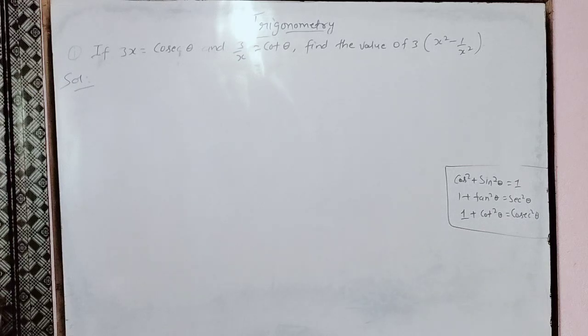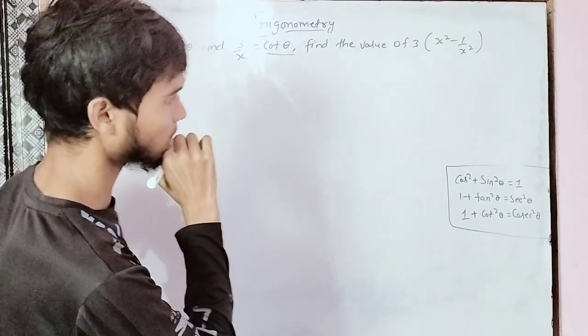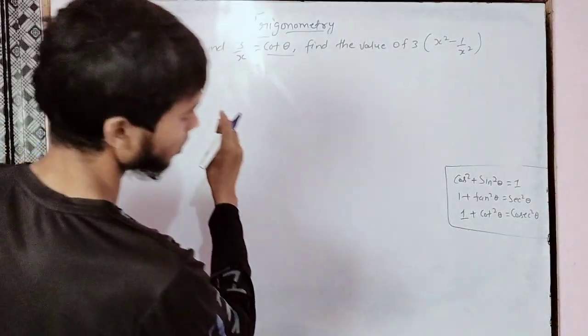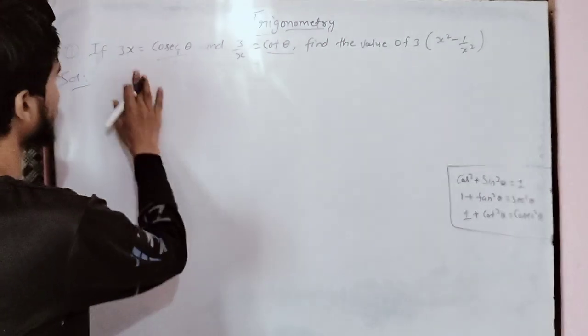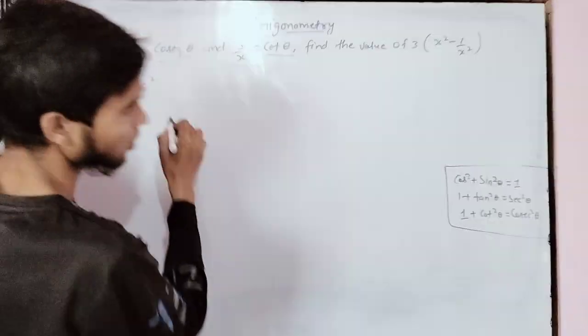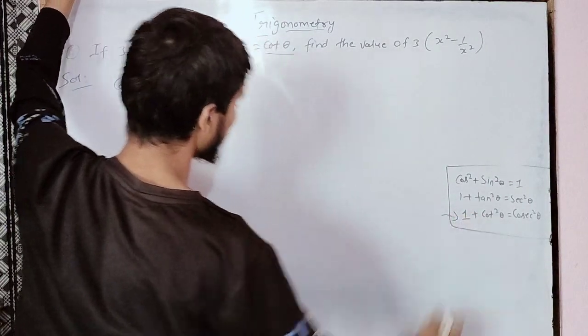Here we have a square, so from this we know that 1 plus, otherwise you can say cosec square theta minus cot square theta is equal to 1. From this, okay, from this,